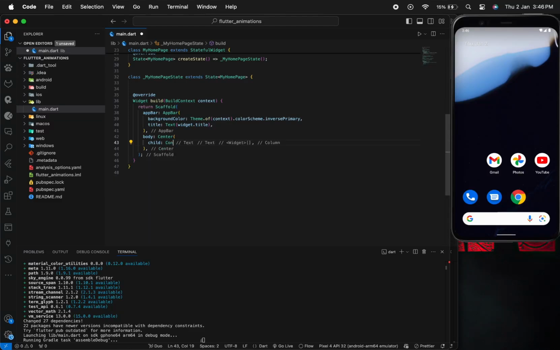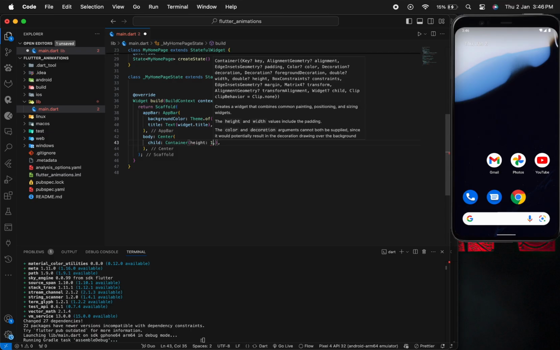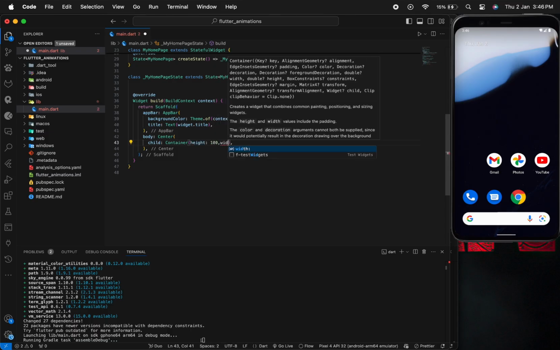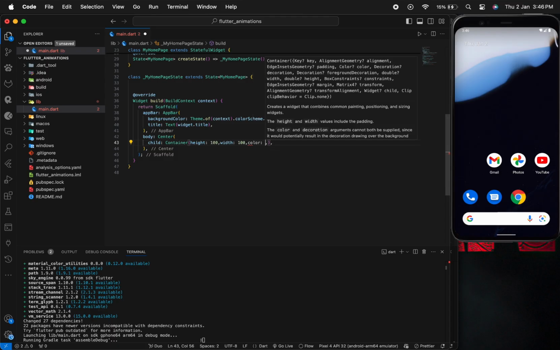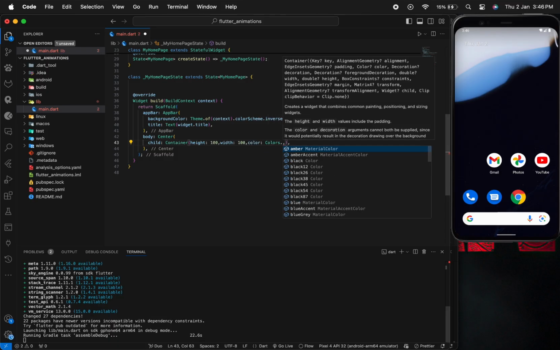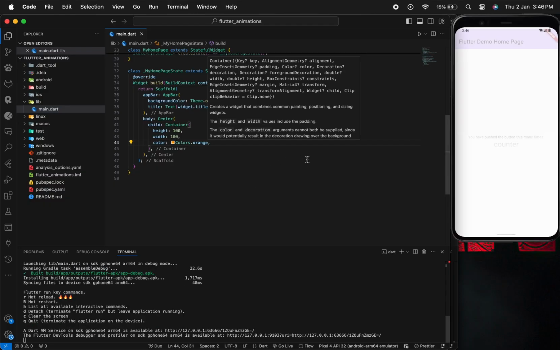Hello everyone. In this video we will create an animated container. First we will start with creating a container by giving it a height of 100 and width of 100. Also we will give it a color of orange and we will